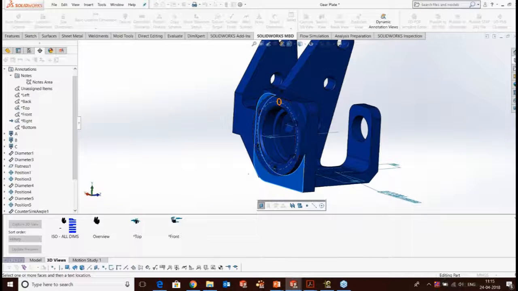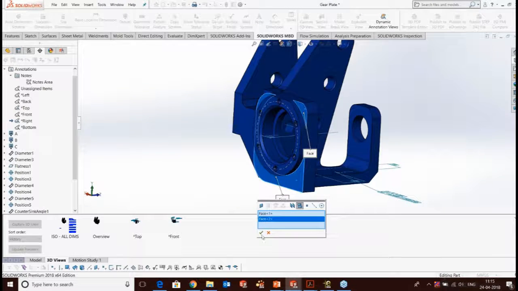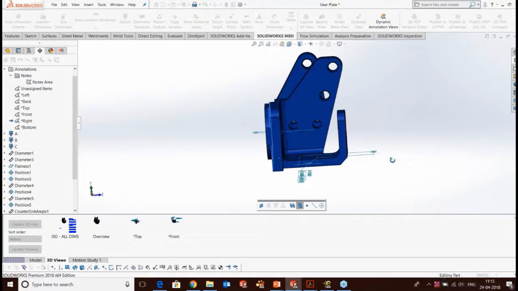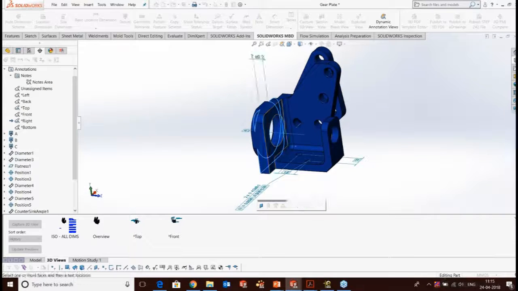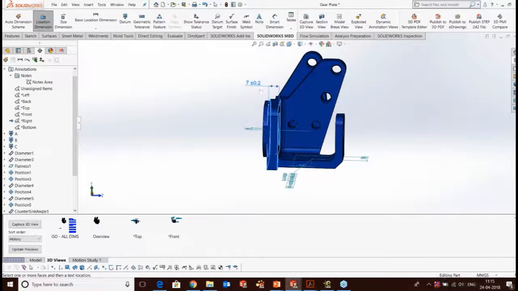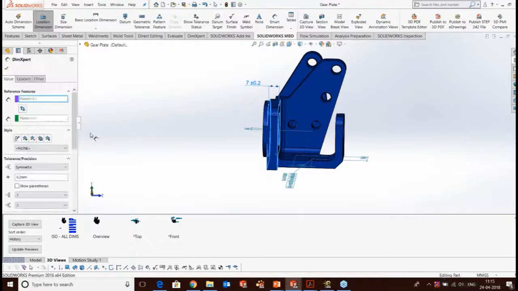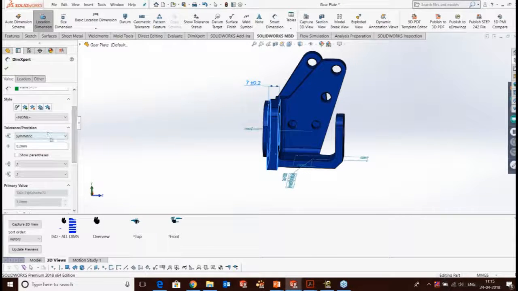So as you can see here, this particular boss is intersecting with this plane, but while dimensioning, this plane has to be together. So I can just create a compound plane wherein it will take these two faces and create it as a single plane for us, and it will make it easy for us to add the dimensions. So while adding the dimensions, I can just select what is the type of tolerance that I want. So it may be a bilateral or limit tolerance or anything for that matter. So it will change accordingly,